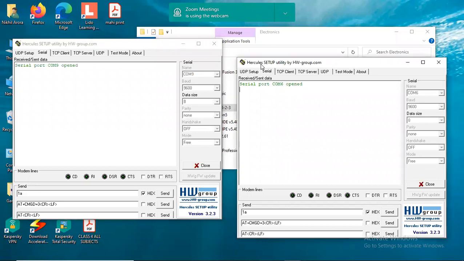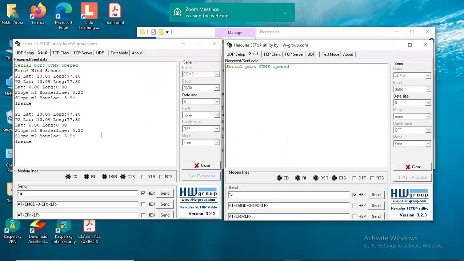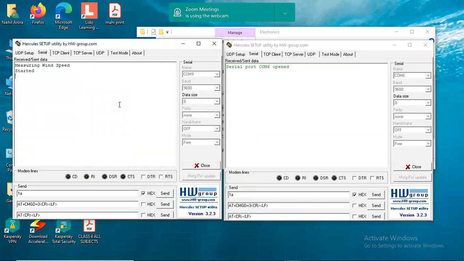Because one is your boat module, one is your transmitter module. You see. Right click, clear.